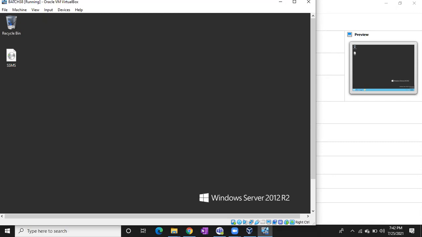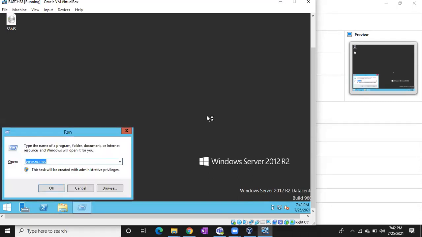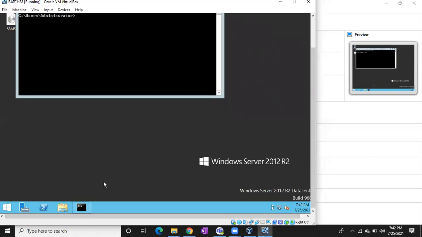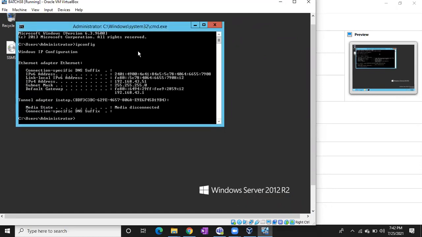Okay. So what is the use of the management studio, first of all? To connect to SQL Server. Very good. Excellent. So in case I want to connect to my existing SQL Server instance, I have to use this management studio. SSMS is a client. So using this SSMS client, I can connect to my server. What is the IP address? 192.168.43.51.